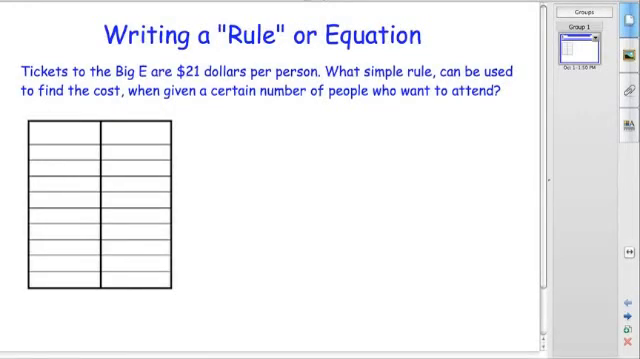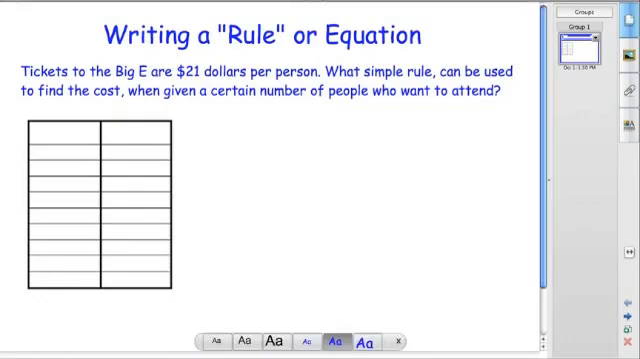Today's lesson is on writing a rule or an equation. This is similar to what we did on Friday when we filled in the table based on the interior angles of polygons and the interior angle measure of a polygon depending on the number of sides that polygon has. The example that I have here says, tickets to the Big E are $21 per person. What simple rule can be used to find the cost